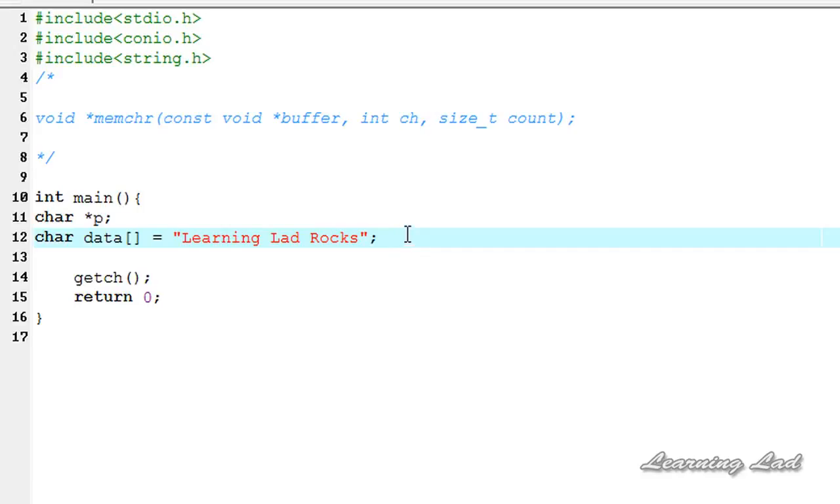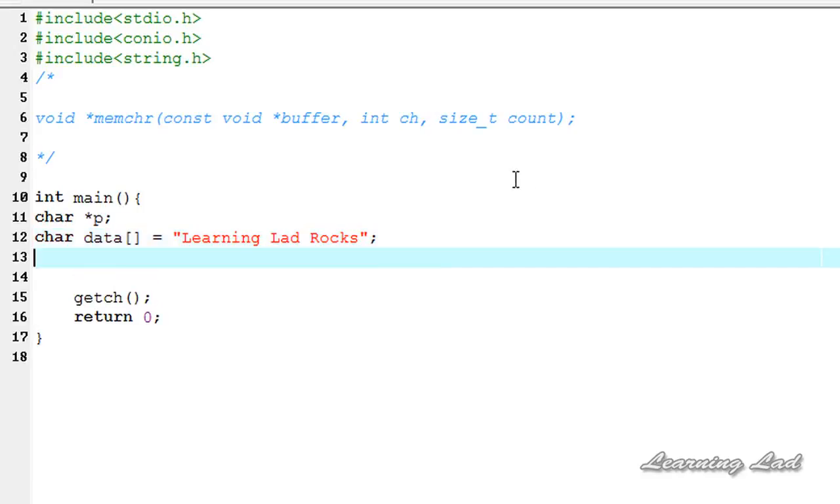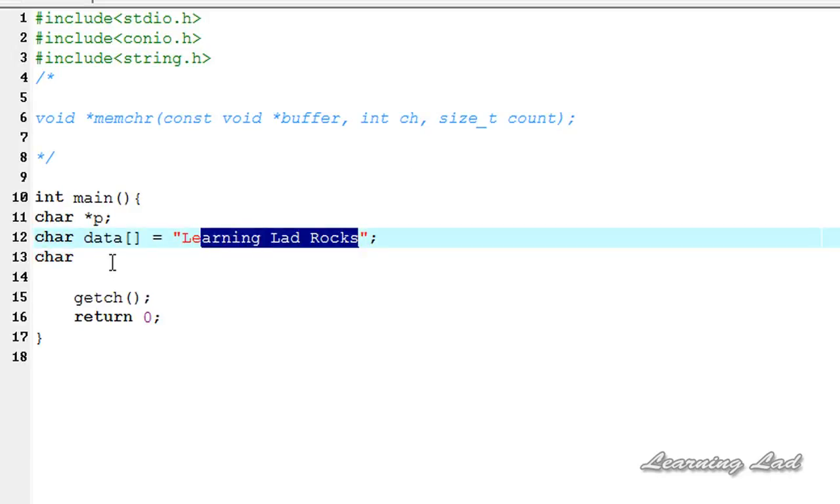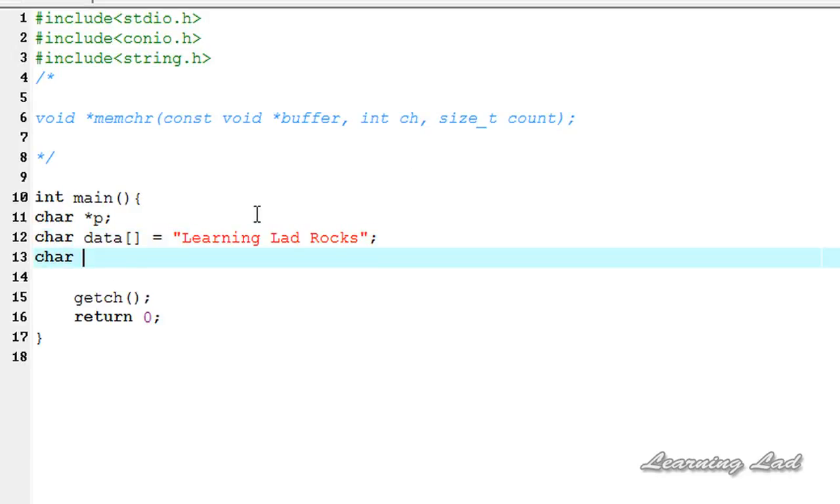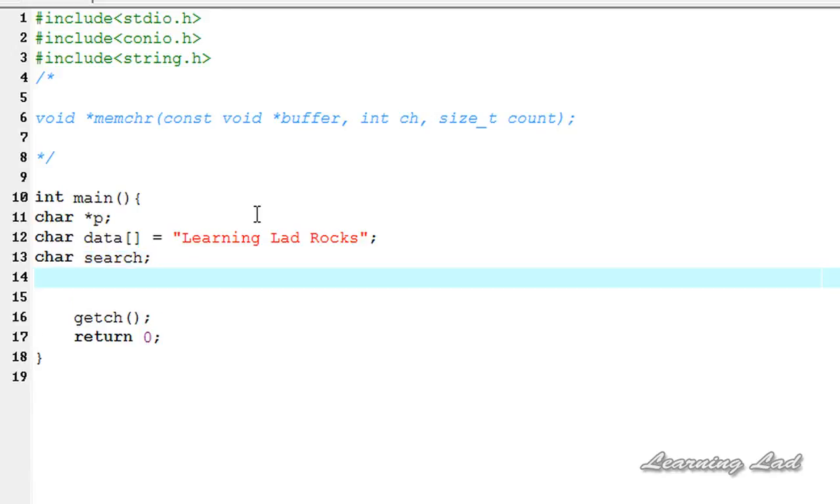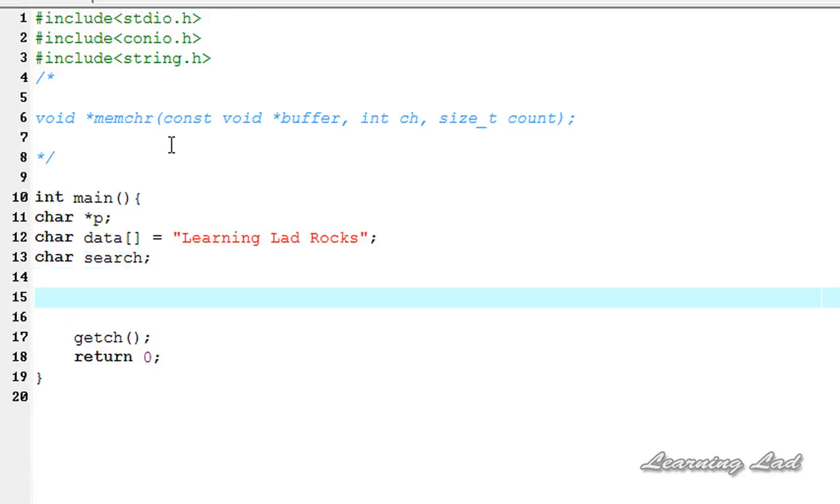The next thing we need to do is specify the search character. So in this learning lab rocks, we're gonna search for a character. Let me call it search equal to, okay, we're gonna specify that later. Next we're gonna use this memchr function. So it's gonna be memchr,